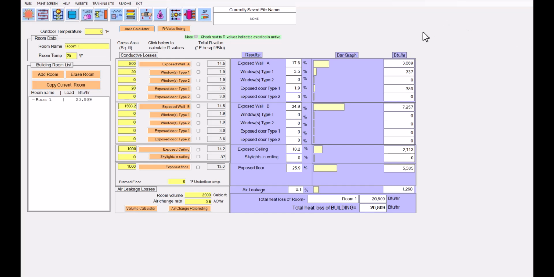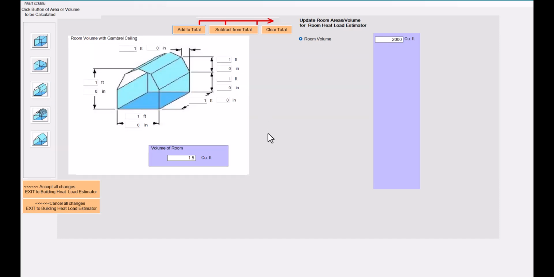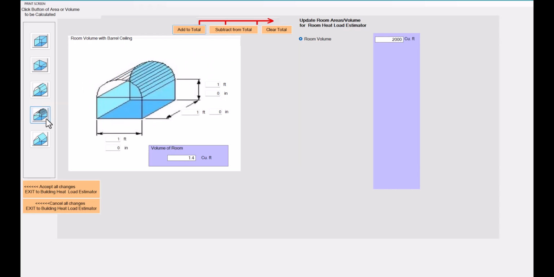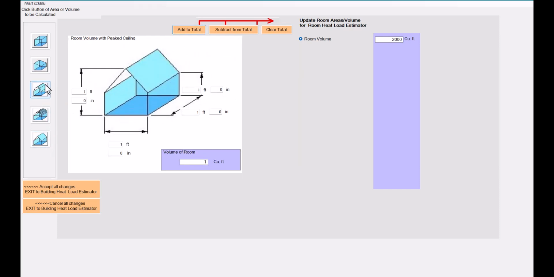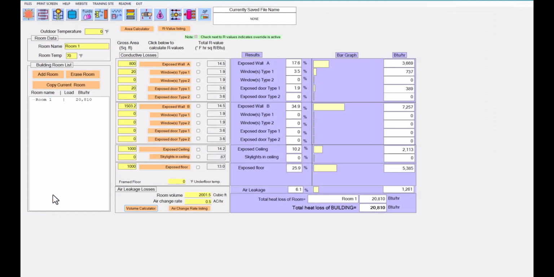The area calculator can work for any of these areas the same way I've shown. In terms of the volume calculator, I'll go to volume. Now the volume calculator only addresses this particular cell here, the room volume. So if I hit volume calculator, you can see you only have one selection here. And again, you've got different types of volumes now of rooms. So if I go to this particular one, I will hit add, and it's going to add 1.5 to this. I'll go back and I'll accept that, and this should be